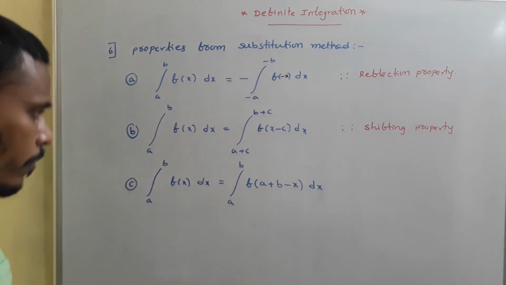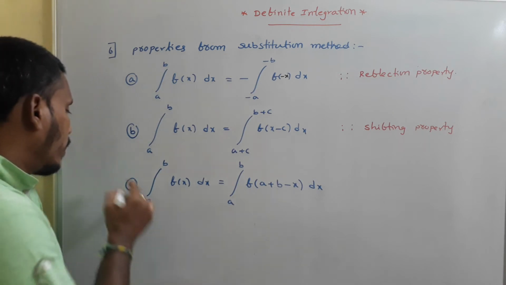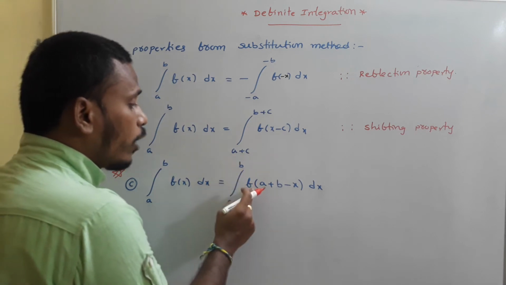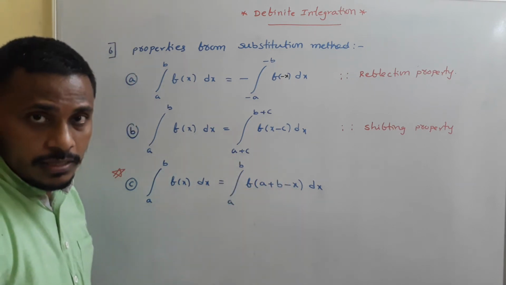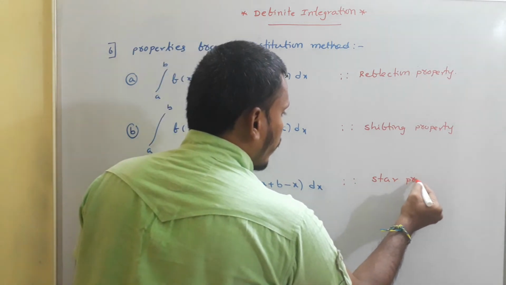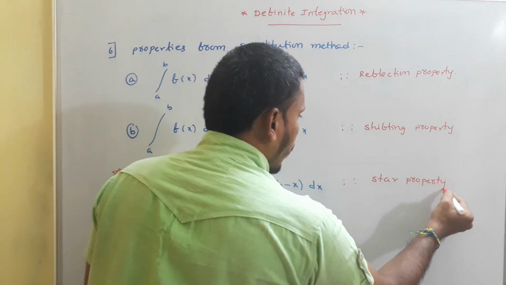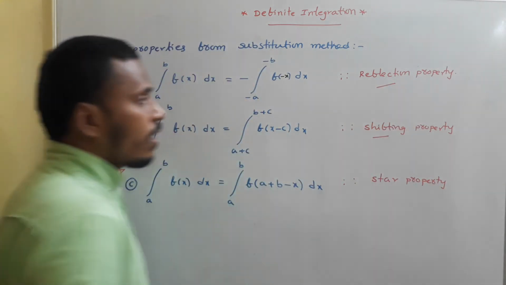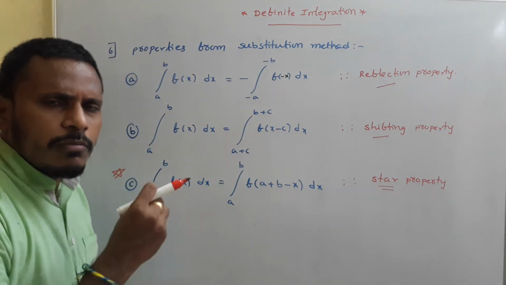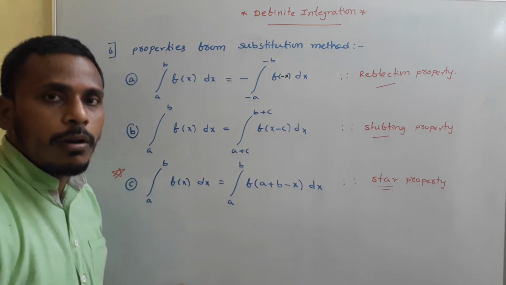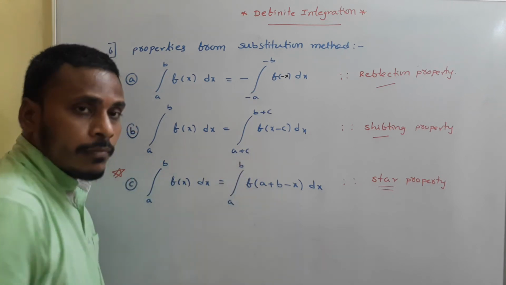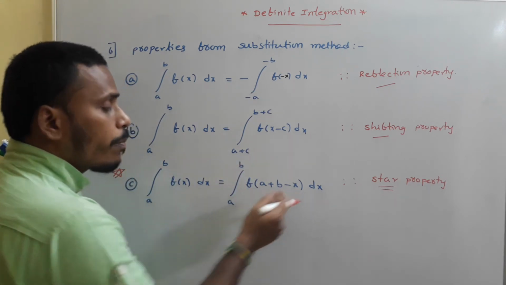So the next property is a very important property, and you just mark it with a star. Integral a to b f of x dx is equal to integral a to b f of a plus b minus x dx. Because of its importance, we usually call it the star property of definite integrals. Shifting and reflection are related to the graph, but the star property is named just because of its importance. Most of the cases to solve a problem in definite integrals we use this particular property. Observe that the limits won't change, but f of x will become f of a plus b minus x dx.